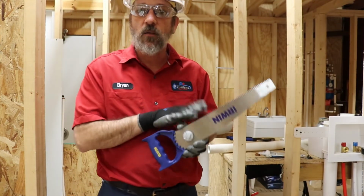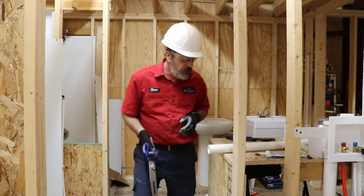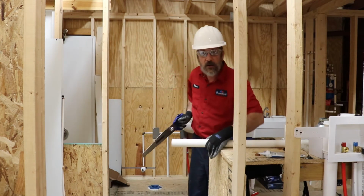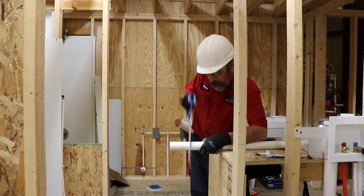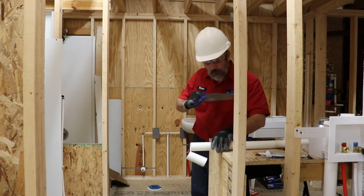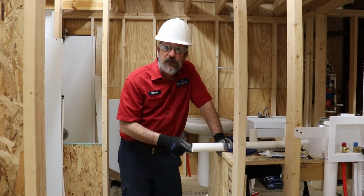The other thing is these blades will wear out, and you can simply replace it, keeping your handle, saving a little bit of money. But to make your cut, of course, you're going to measure your pipe, and then you're going to lay it out, get it somewhere where you can get on it, and go. Really simple, really easy to use, but just remember, whenever you're cutting pipe, you're going to have some little plastic